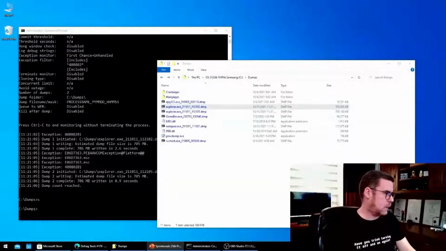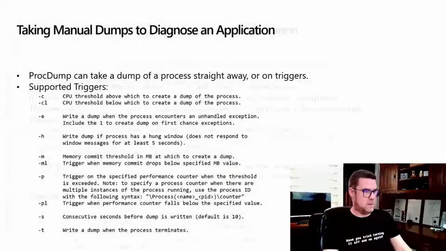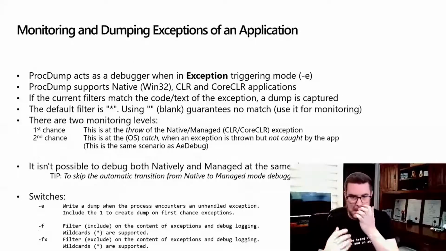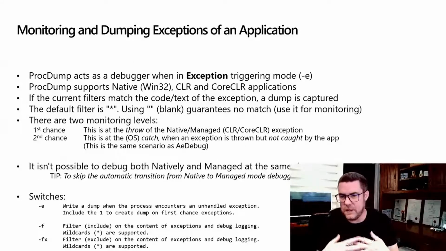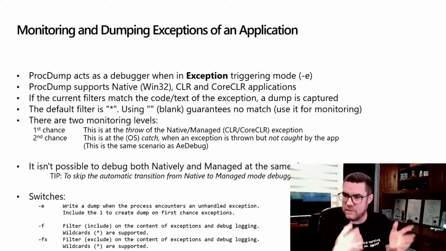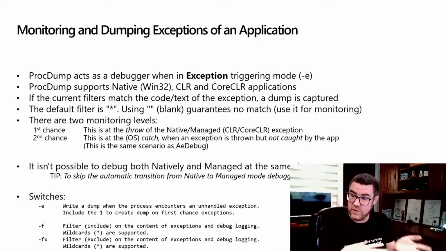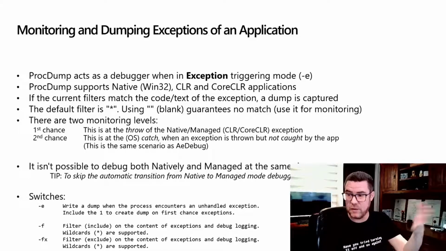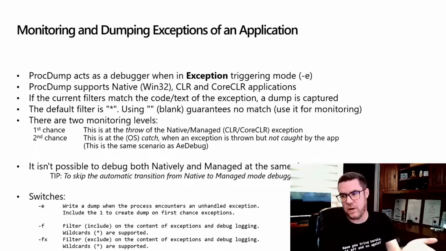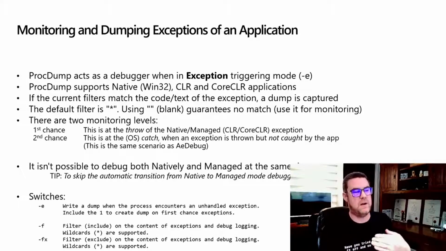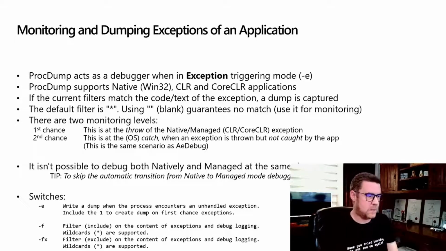Okay, so looking at that in text form, we can take dumps at first chance and second chance. First chance, the minus E1, is when something is thrown. The second chance is when it didn't get caught and it crashed. It's exactly the same scenario as you can go minus E2 or minus E nothing. Same scenario as what would happen if we had the code written as an install handler minus I. So it doesn't tend to get used.